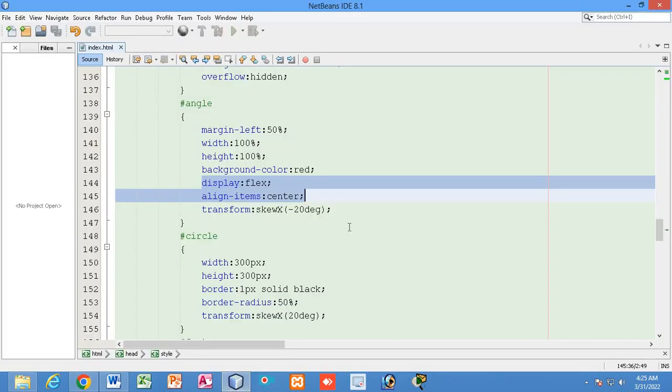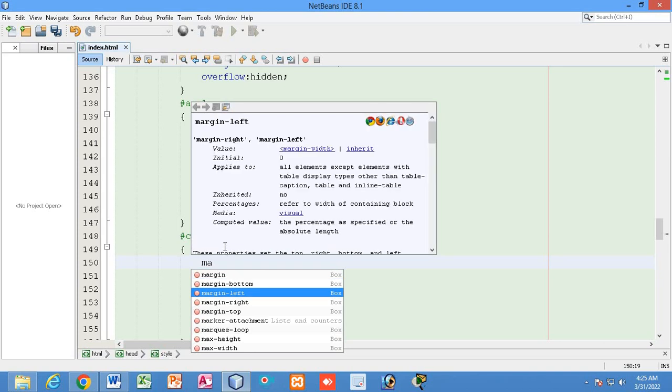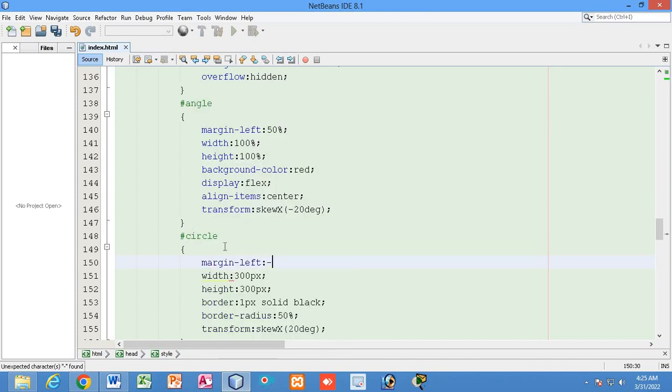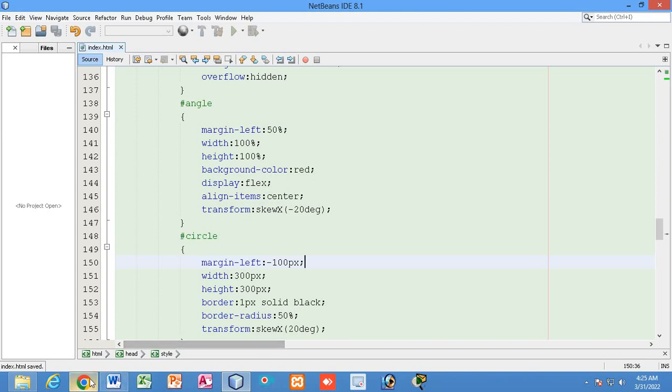Now one thing, if you want to push the circle here, you can give margin left minus, let's say, 120 px. Or let's say 100 px, margin left minus 100 px, you can see.